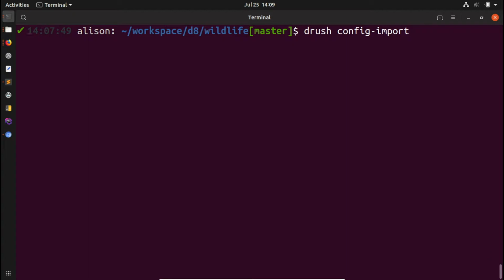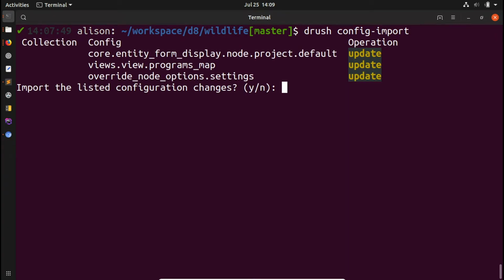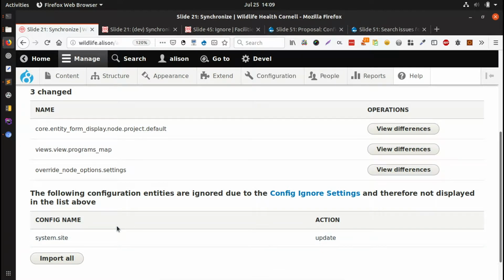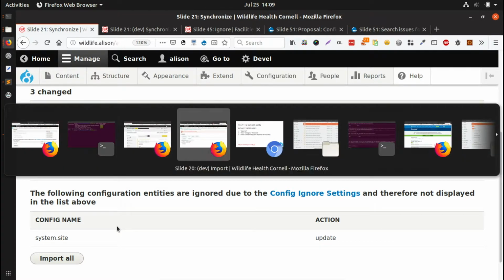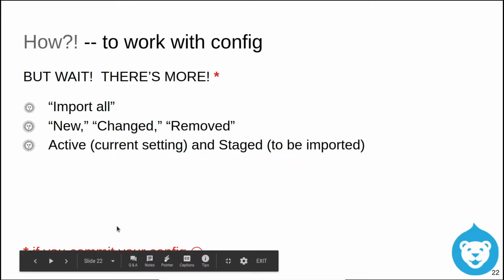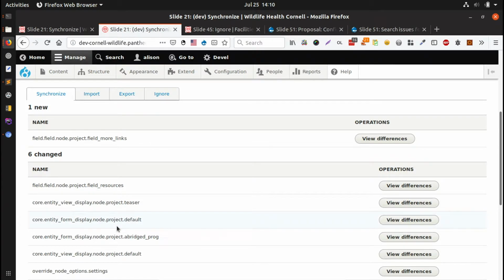And it'll tell me what's going to happen when I do that, and then I can say yes or no. I'm going to say no for right now so that I can have those still changed. But that's the same thing as being able to say import all. Okay, second tab. So another cool thing, if you have your configuration in code, is that you can see that